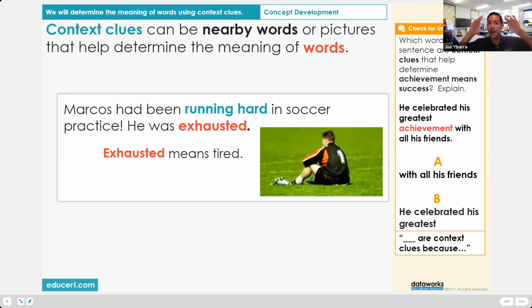Okay. In EDI, our questions go to the highest performing students in our class. We differentiate at the response. So Jennifer, I know you have B, but more importantly, I want you to tell me why it's not A. Okay, that's error analysis, an even higher order level of thinking. And you know it's not A because "with all his friends" doesn't give you enough information to understand anything about